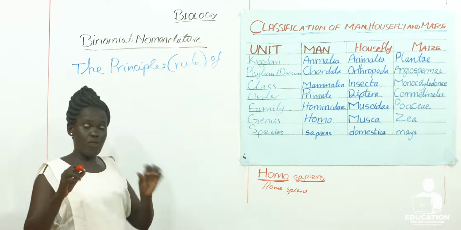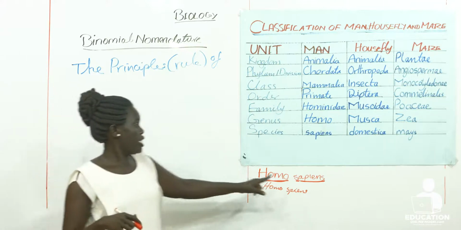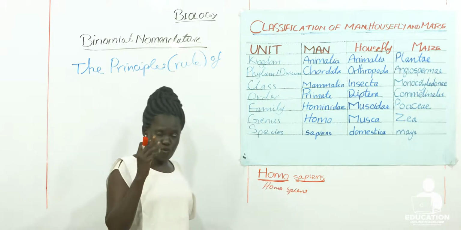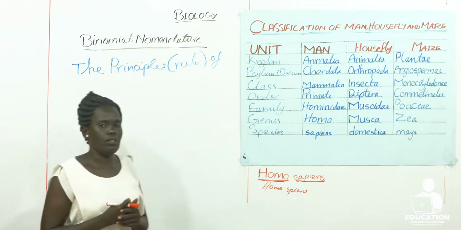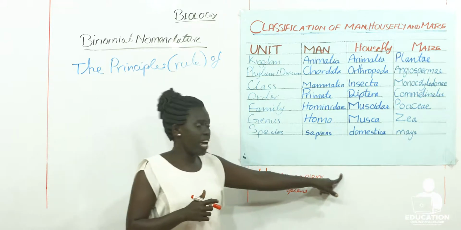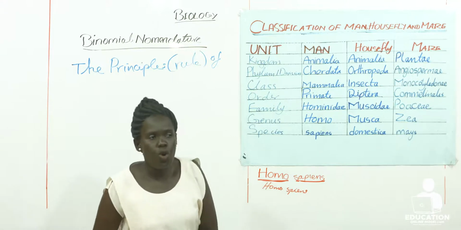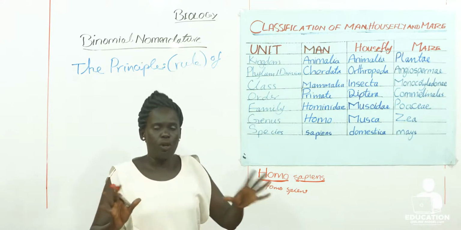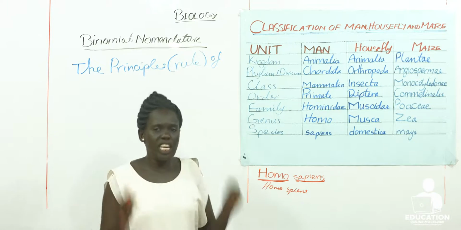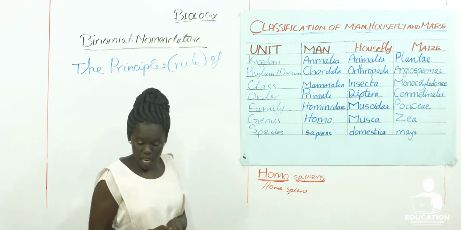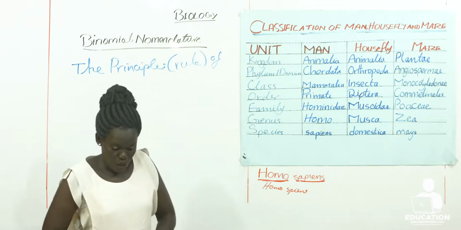So sometimes you'll find the scientific name is made up of 3 names. The third name here is the name of the scientist or the biologist who described or who named the living organisms. For example, you'll find